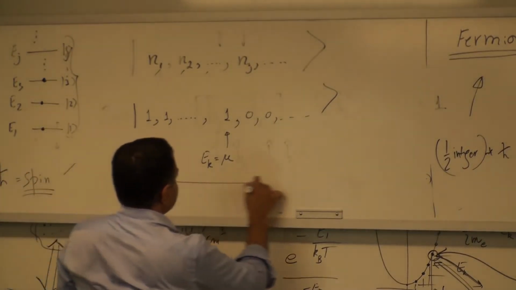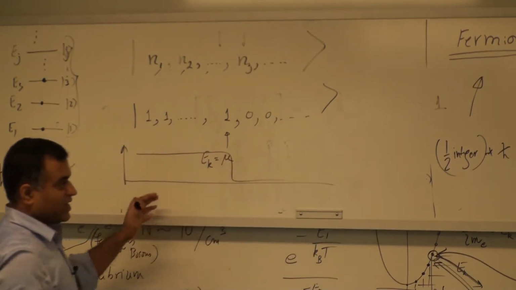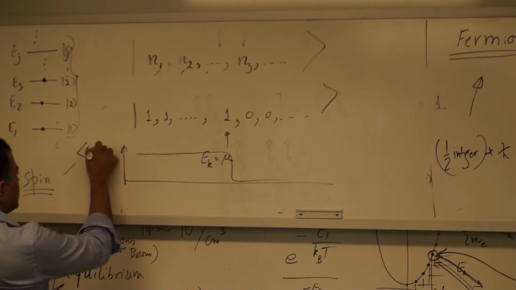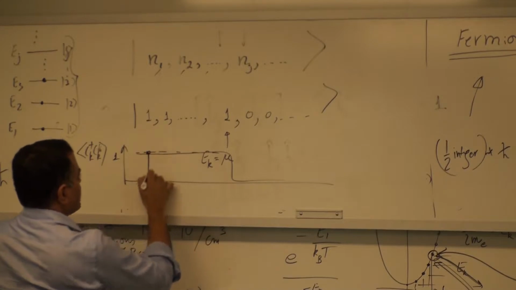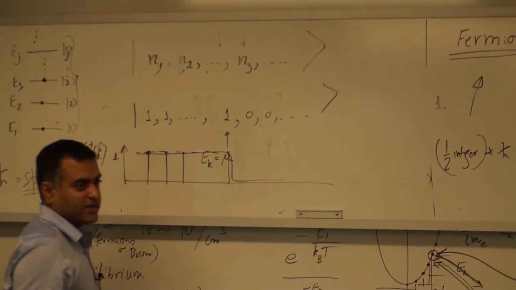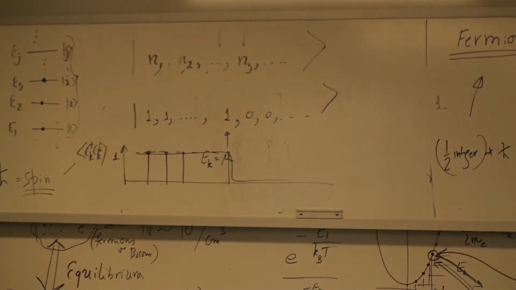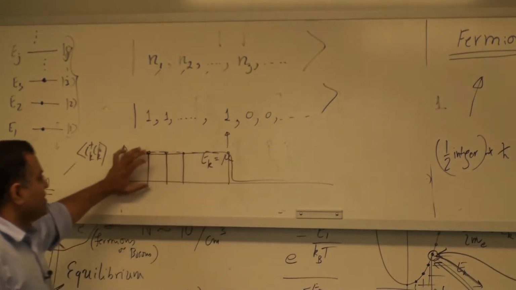And you can even make, this is not necessary, but you can make a plot of it, which is the plot we're looking at. So your occupation number, c_k dagger c_k, is equal to 1 for all states. It's 1, 1, 1 for all states below mu, and it's 0 above it. So that's the physical meaning of this. And for bosons, on the other hand, the occupation can blow up and go to very high values because there's no restriction, and that leads to condensation and other phenomena like that. Okay. And really, this is the reason why there's a difference.